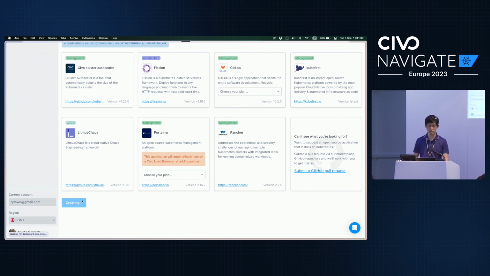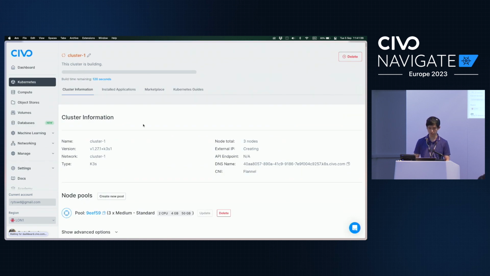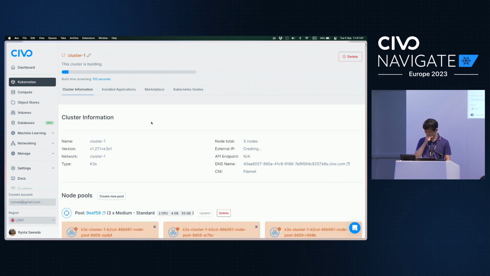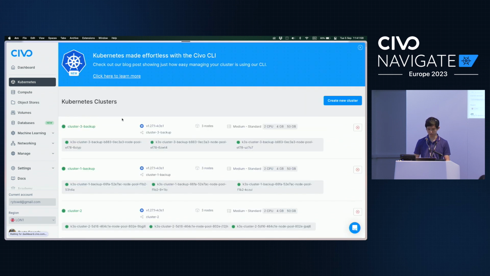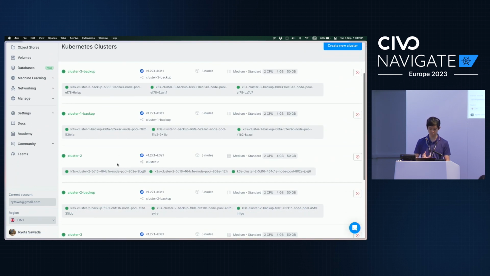A Civo cluster is very quick to start up, and it's all managed. So I thought this was the perfect solution for the demo, but you don't have to use this. You can use other clusters like Kind or GCP, AWS, whatever suits your needs. And for this one, because it does take about 2 minutes, I wanted to save time by creating some clusters beforehand. Backups are for when things go horribly wrong, and the backups are going to work.